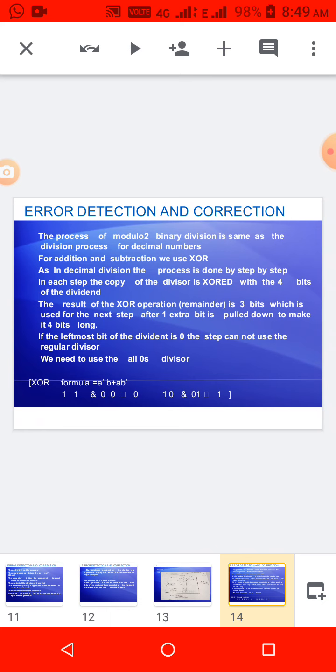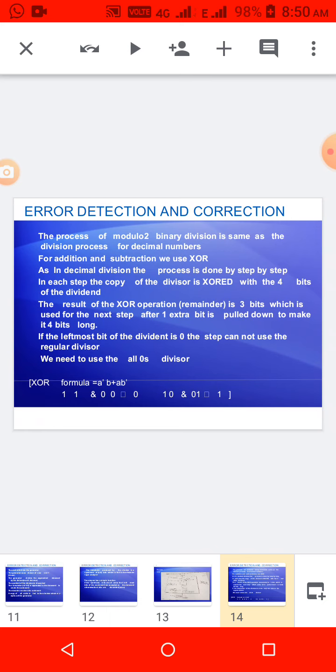The process of modulo 2 division is the same as with normal decimal numbers. Here, in addition, what operations are we using normally? While multiplying with the quotient we would normally use multiplication, but here we are using the AND operation. While subtracting inside the division, normally we would do normal subtraction, but instead of that we have to use the XOR operation. The XOR concept I have written down, you see. Actually, what is the formula for XOR?